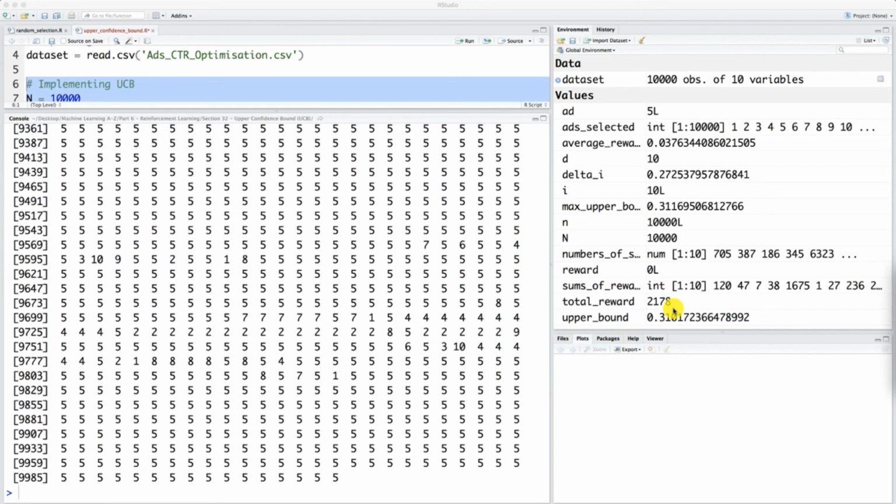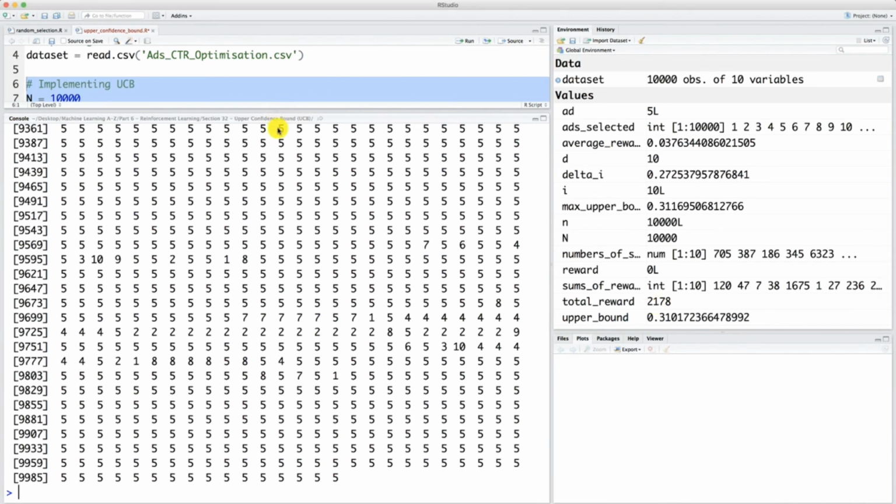And as said at the beginning, we have a limited budget, and that's generally the case for departments of marketing or any business. So we need to optimize this total reward to compensate the costs and hopefully already earn some money. So these two results are very important, and thank you very much to this UCB